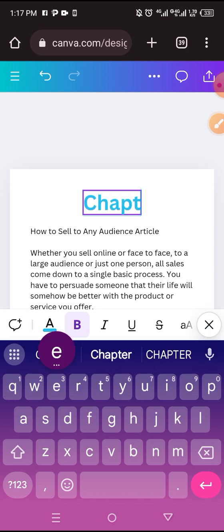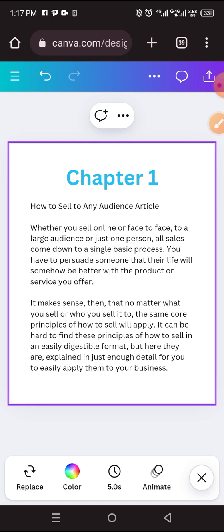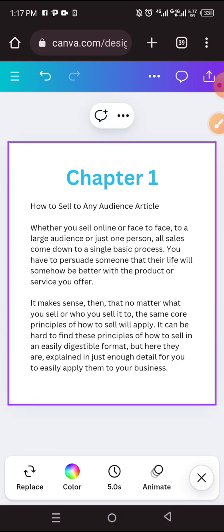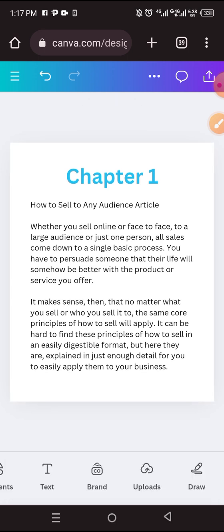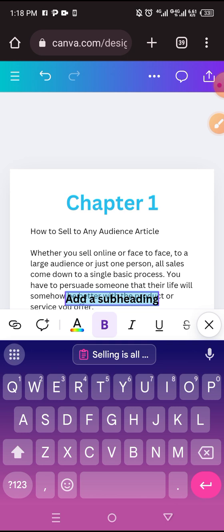Okay, chapter 1. So this will be my chapter 1. Okay, then this chapter 1, I want it to have subtitles. So I'll come to text again, then I'll click subheading or add subheading. Okay, then I will put it the identify